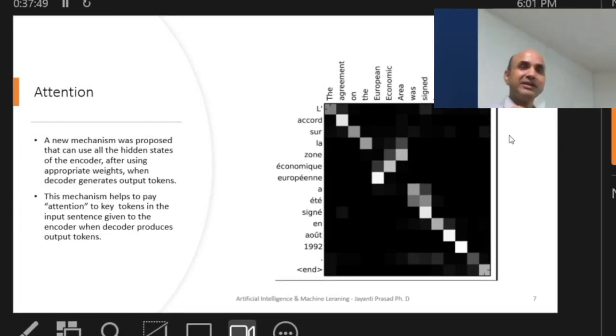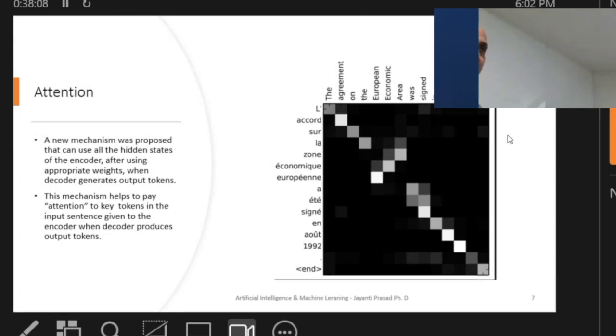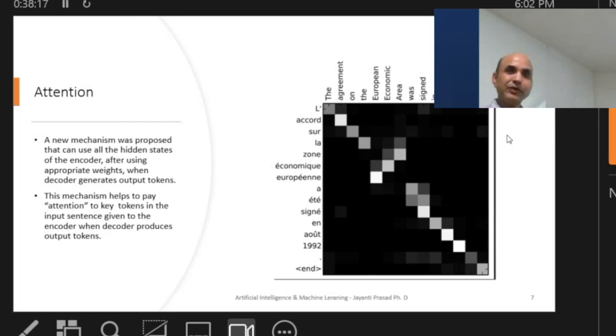So what I am saying is that when different words are produced by the decoder, this fact should be kept in mind: different input tokens should have different weights. All should not be just summed over. So for that, we have the attention mechanism. The attention mechanism gives you a provision to focus on certain words or give them higher priority when producing output tokens.